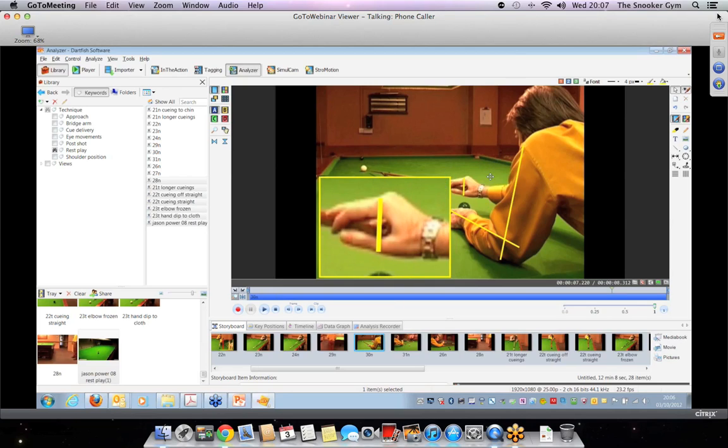The danger of having no cue butt out of the back of the grip hand at the address position is when you follow through, the butt of the cue will disappear inside the hand and will frankly fall out of the bottom of the hand onto the table, unless you make emergency contingency measures by tightening the hand or compromising your grip position to prevent it falling out of the hand. We don't want that. We want the hand to concentrate on delivering the cue, not stopping the cue falling out of the hand. And you can also see, if we use the arrow tool,